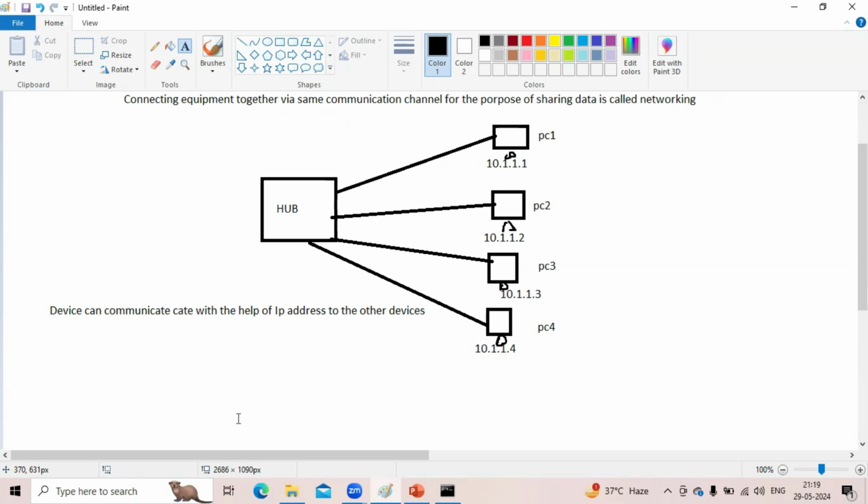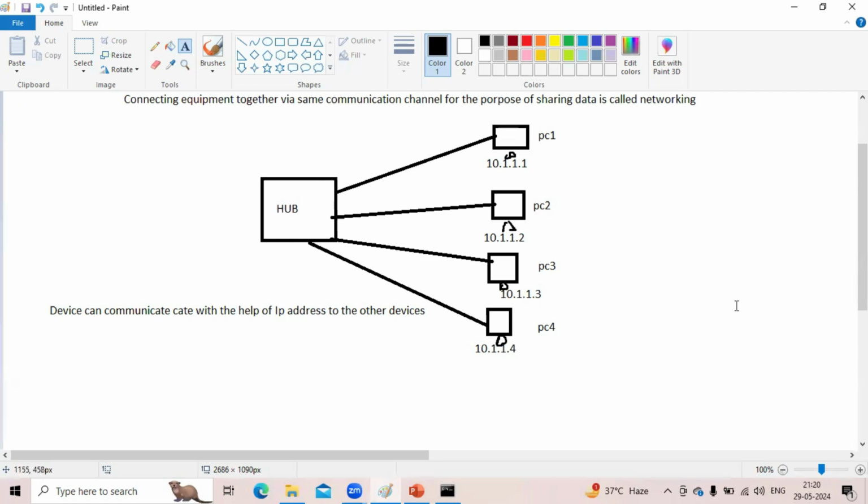We can add multiple devices. We can add a biometric device also; that also comes under networking. We can add a printer also; that also comes under the network. Multiple things are there. And we can give the network in two types: one is wired network, the other is wireless network, right? If you use a wire, that provides the connectivity. If you use wireless, that also provides the connectivity.